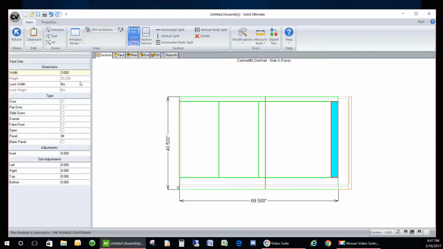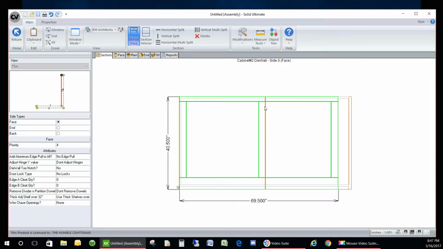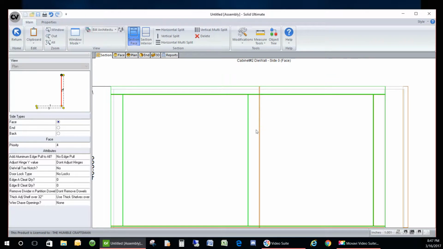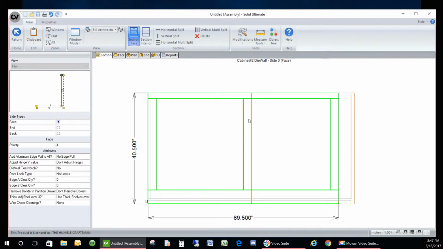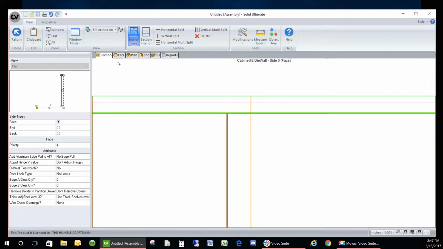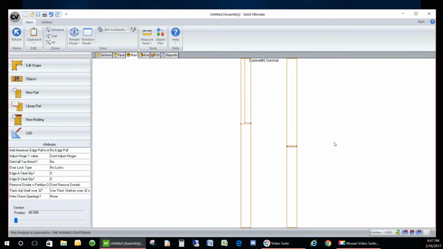3 fixed, 3 fixed, equalize width, equalize width. Now we can see that there's a seam on the outside right here. So if we wanted to, we could go ahead and line our seams up so that we can use the same partition. So what we can do is just go into the, let's do that from the plan view, and